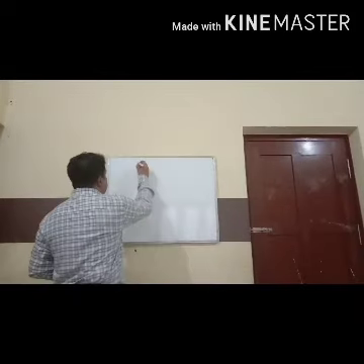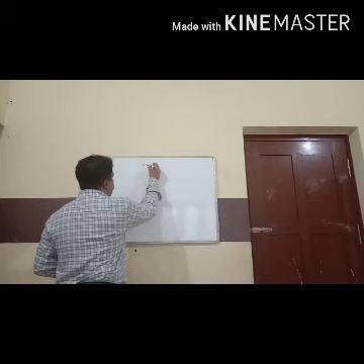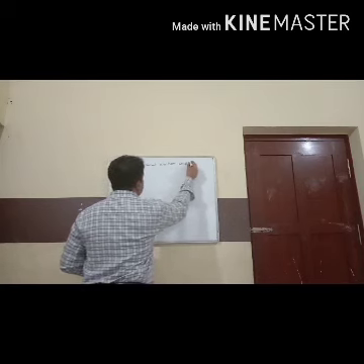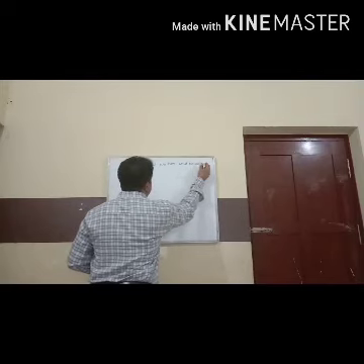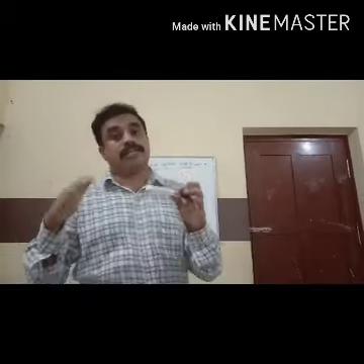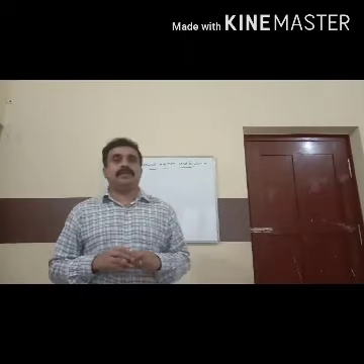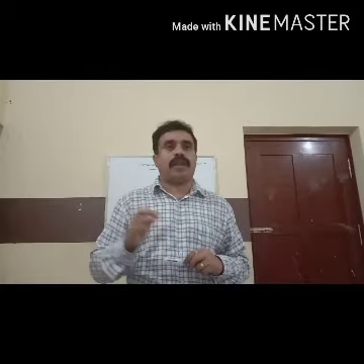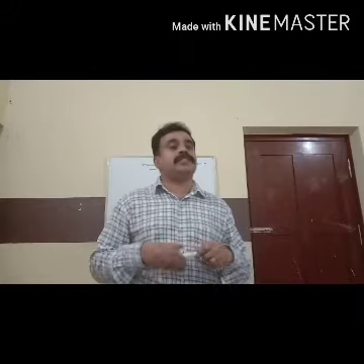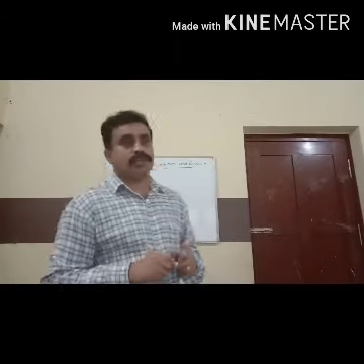So the chapter name is Chemical Reactions and Equation. So how a chemical equation is represented, I'll show you. For example, if magnesium reacts with hydrochloric acid or hydrogen chloride, magnesium chloride plus hydrogen gas is evolved. So I will show you how it is represented by an equation.